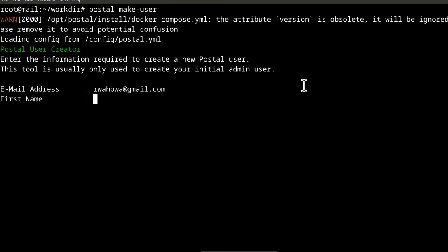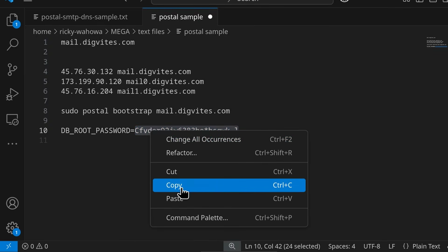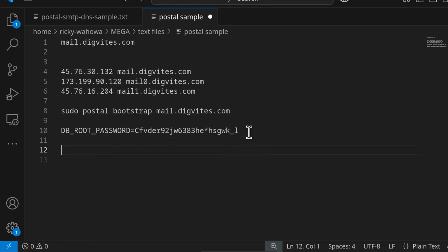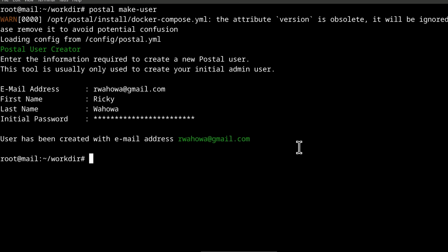Enter. First name Ricky, Wahowa. That's me. Initial password. Let me just copy that, put it there. Control Shift V, enter. There we go.